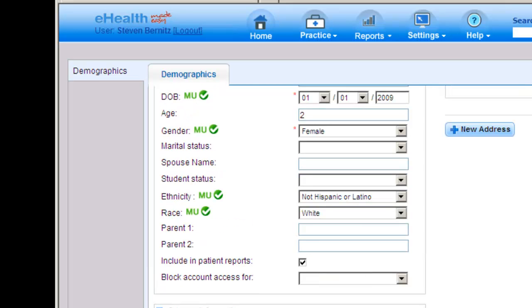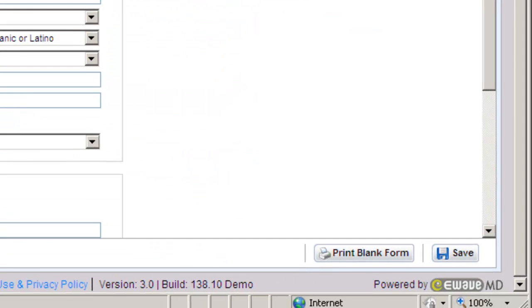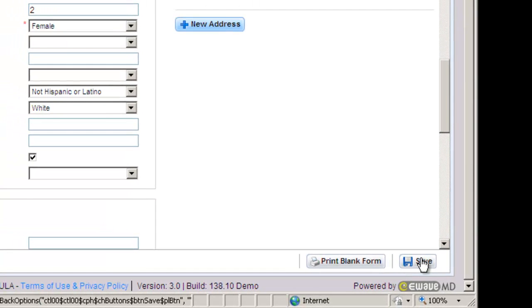Once you create your patient and make sure you have completed all of the required fields, you will click the Save button at the bottom of the page. If you deal with walk-in patients or have a process in place where new patients complete a form, you can use this button and print a blank registration form to hand to the patient to fill out. When you click Save,